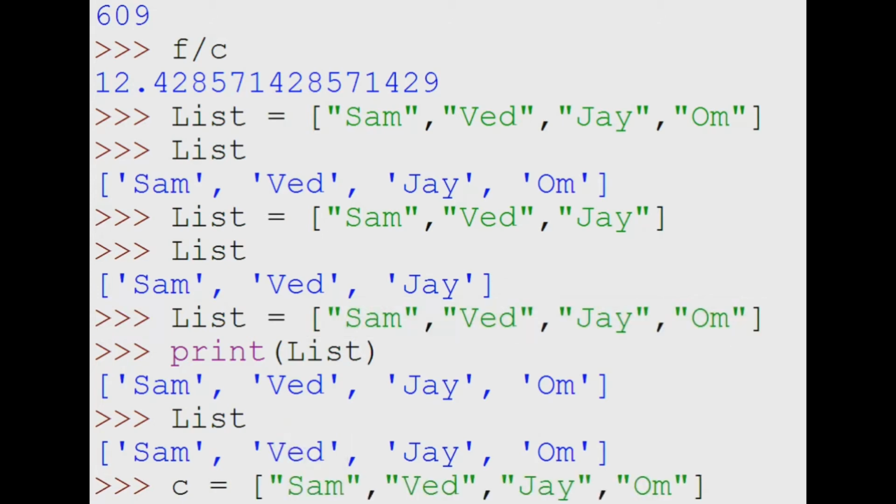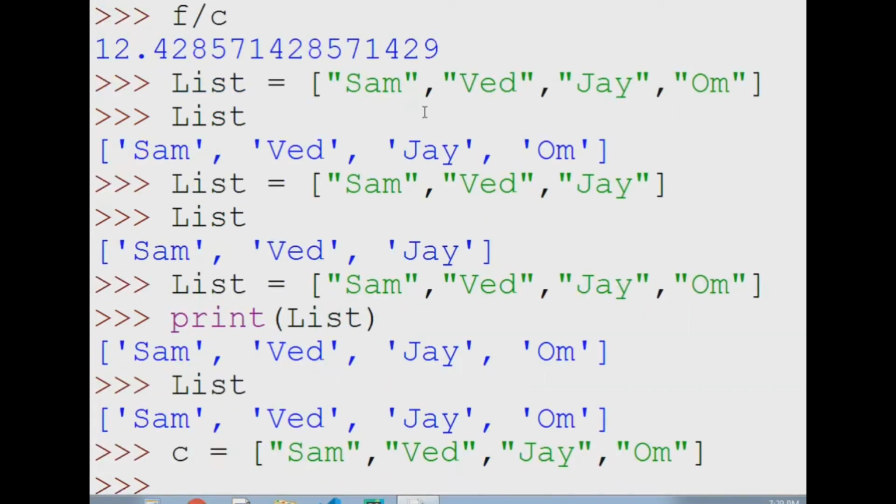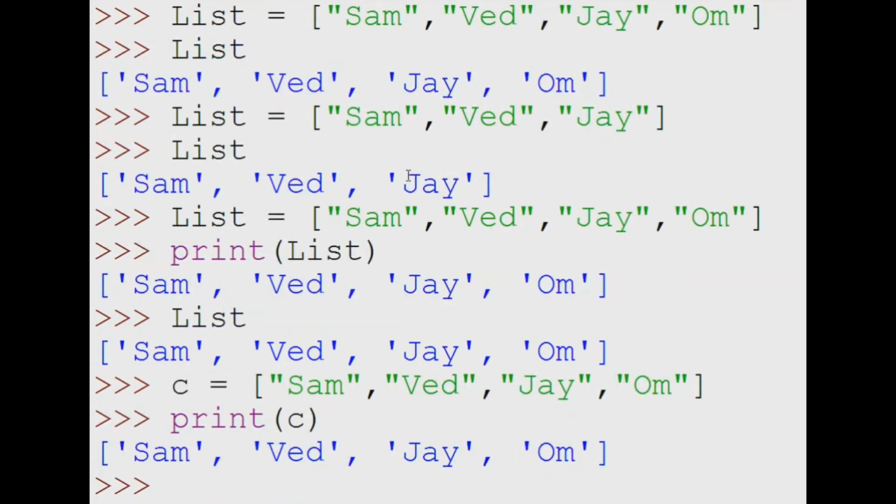If we type C and print C and then enter, it will give us the value only. We can use any variable instead of list. Now we can use it like this also.